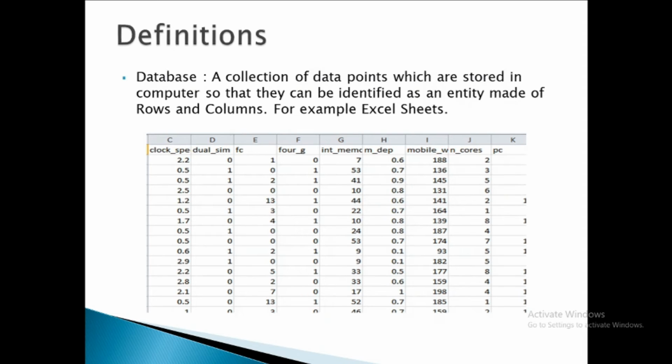Now if we talk about definitions, what is a database? A database is nothing but a collection of different rows and columns which are connected together and saved as an entity, right? So if you have anything which contains rows and columns, then precisely it forms a database. And a collection of different tables is something which forms a database. For example, you would have seen different Excel sheets. Excel sheets are also a very layman example of a database, right?